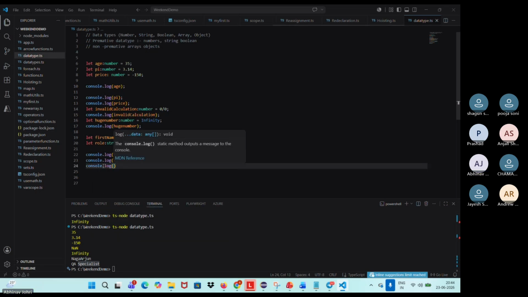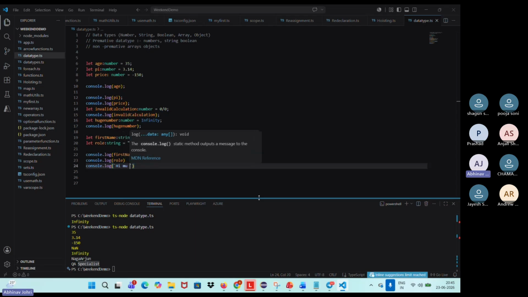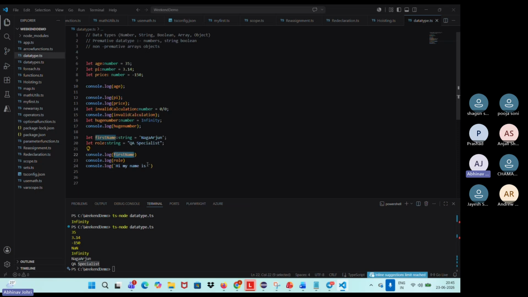Console.log. So now I want to use these variables in a single line. Suppose I print it long like this. To use these variables in a string, we use the tilde sign. This is the tilde sign. So give it, "Hi, my name is," now give first name. So I want to use first name. If I use first name like this, check it out. And my role is,